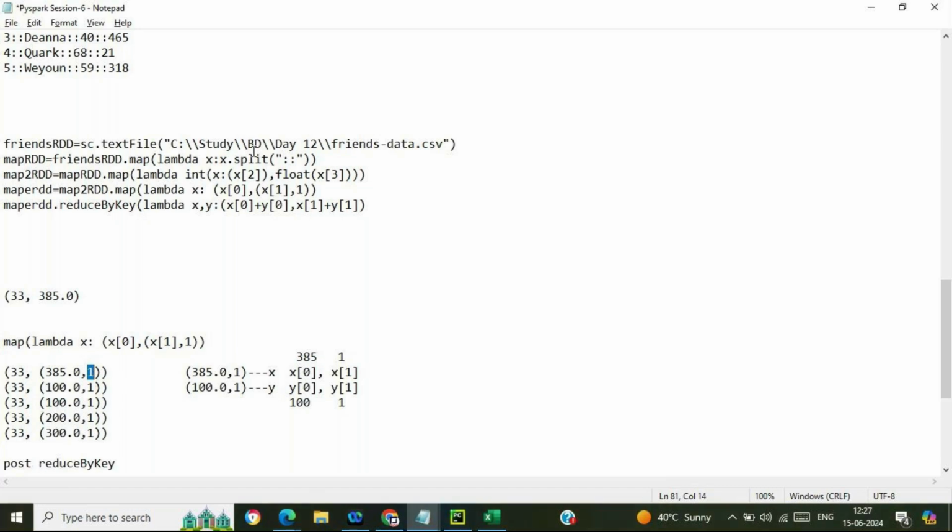Okay, so that's what we have mentioned over here. If we are passing x comma y, then it will be x plus y, but in this particular format, because we are having two elements over here. So let me do it. Say reduced RDD, and it will be map RDD dot reduced by key.